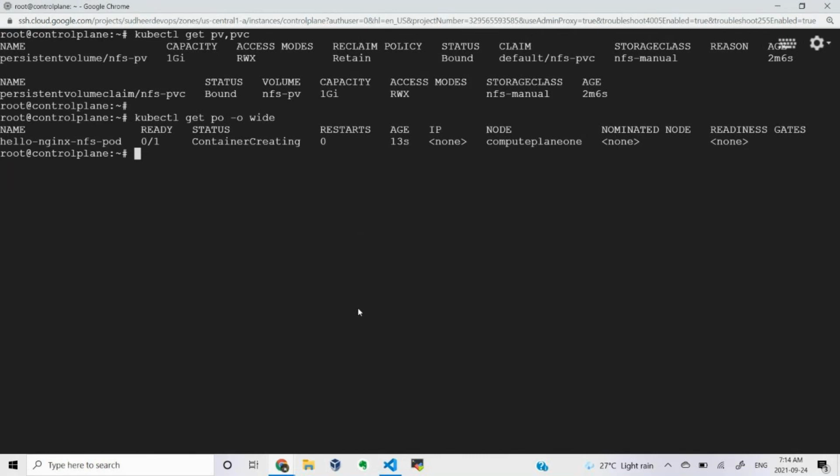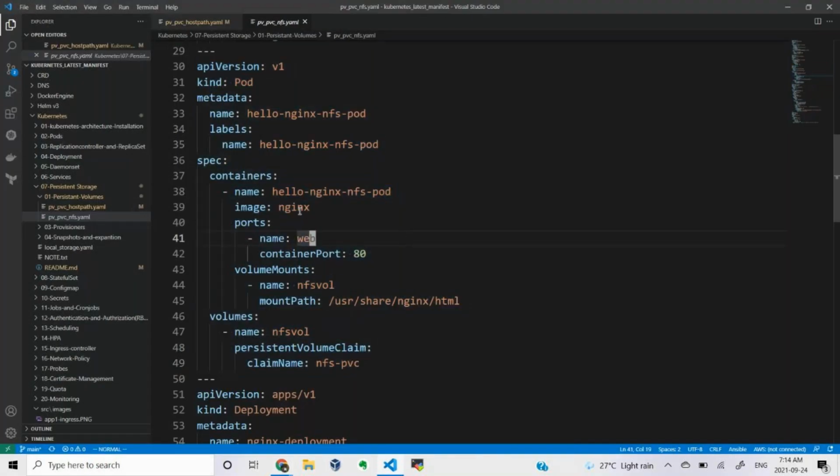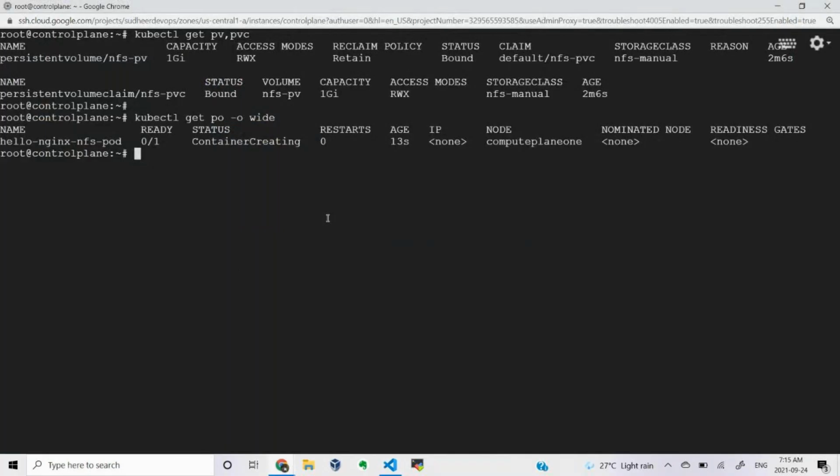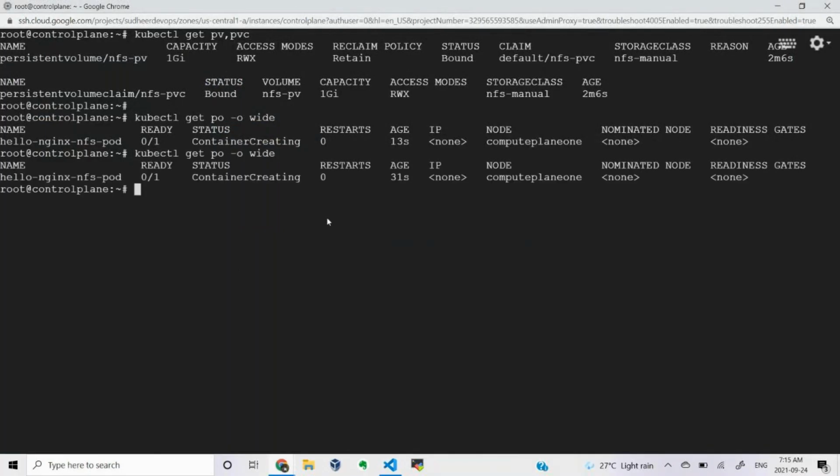As per my knowledge, I know that the Nginx image is already available. Whatever Nginx image I'm trying to use in the YAML is the latest version. I hope this latest version is available, and it should not take such a long time to create. Okay, I was curious to know what happened to this particular pod right now.